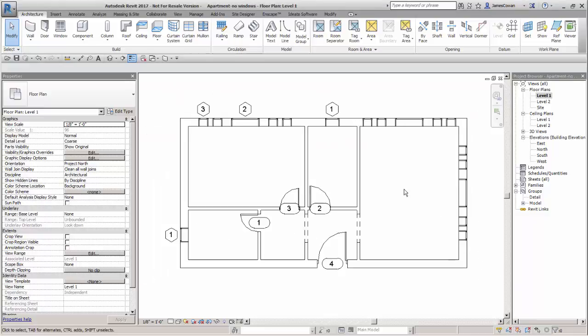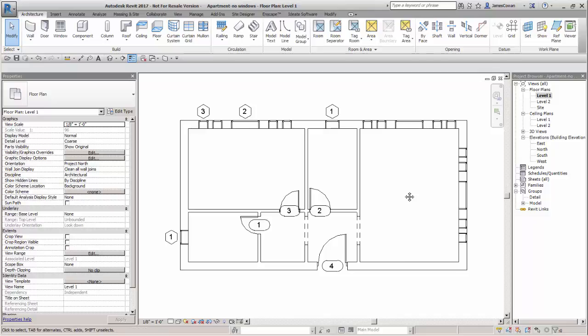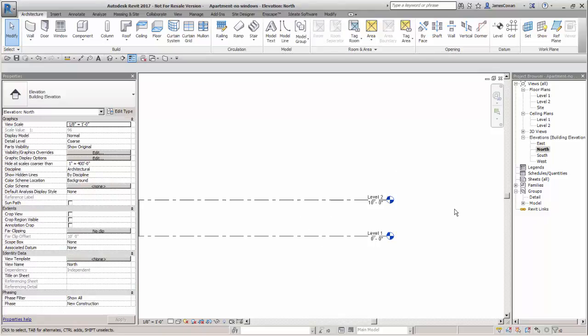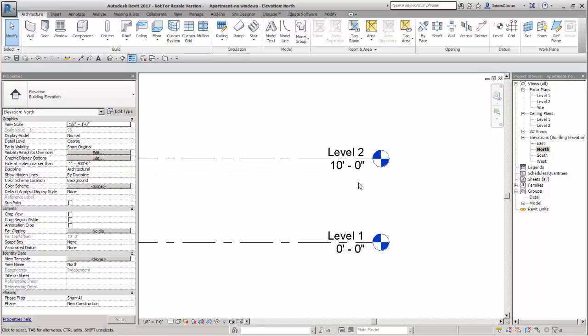This is the option to show how you create levels and grids. It's kind of late in the game to be creating these when you've already got most of this laid out. You probably do that up front, not halfway through your project. Anyway, the point is that if we go to the north elevation, you can see that there are floors defined